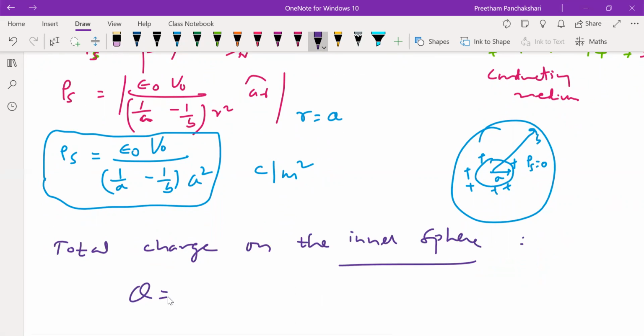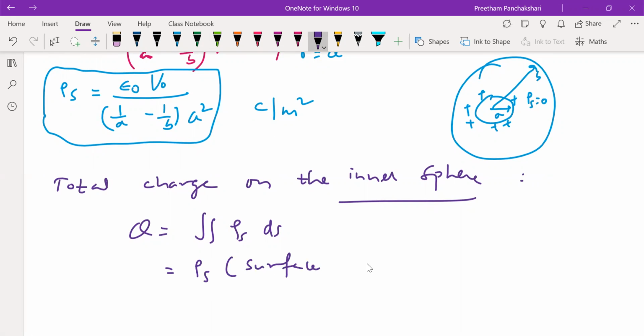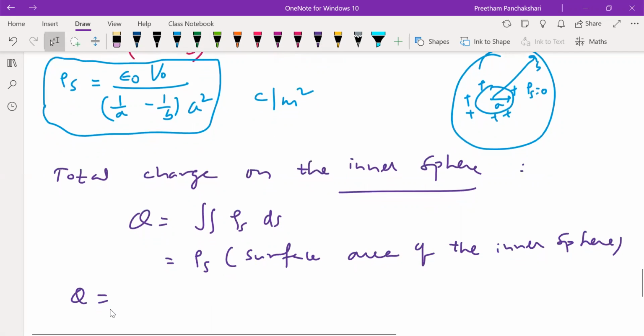So which is given by surface integral of rho s, and we know that rho s is constant. So integration of ds gives total surface area of the inner sphere. Because we are finding total charge on the inner sphere, that's why surface area of the inner sphere required. So finally,